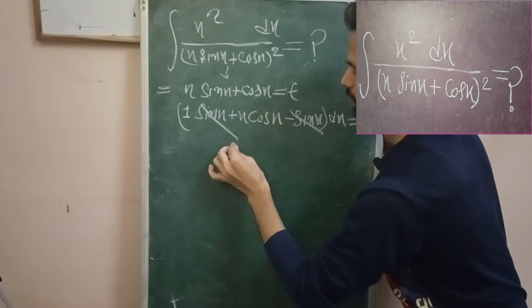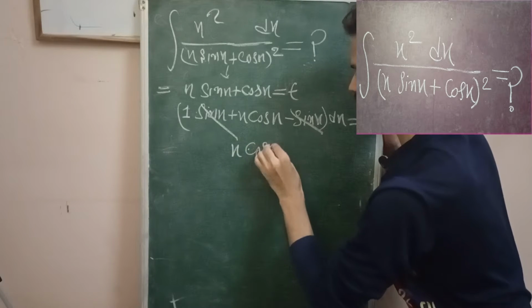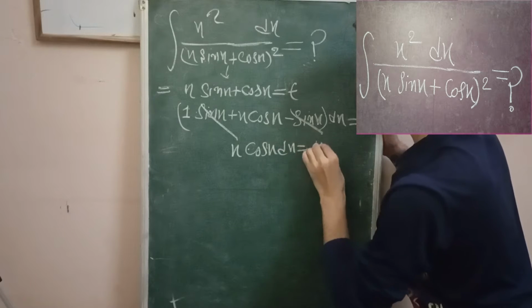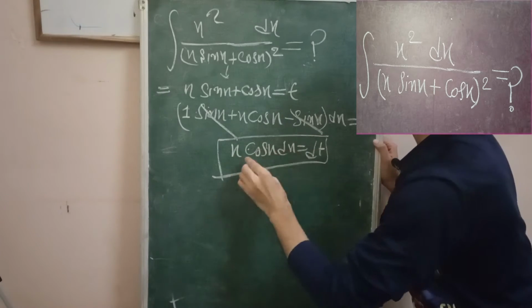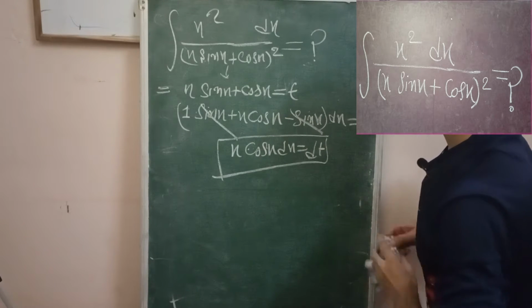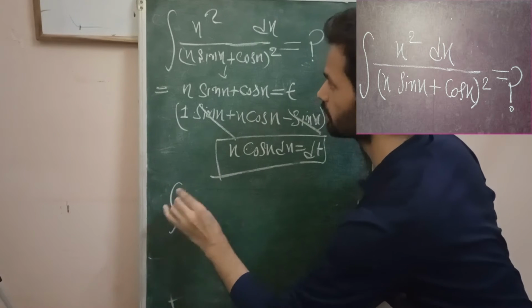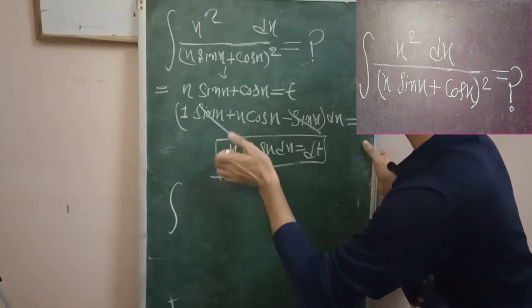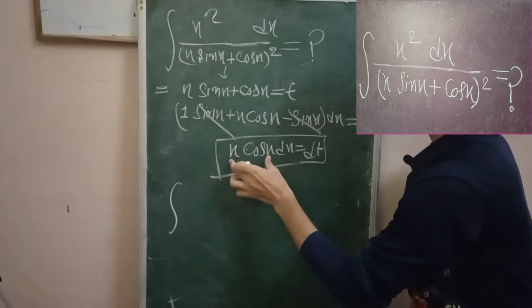So now what we got here, x cos x dx is equal to dt. Okay, for what purpose we are doing this? You will know within few minutes. Okay, so let us see here. So this is x cos x dx. So now see here, this is integration of x square. What we can adjust so that the numerator becomes x cos x.